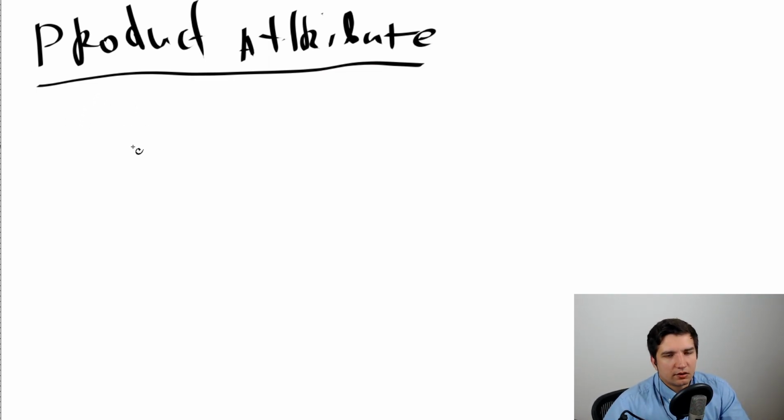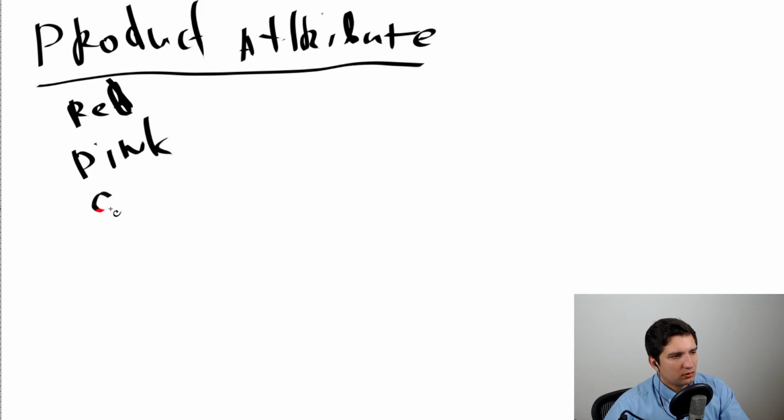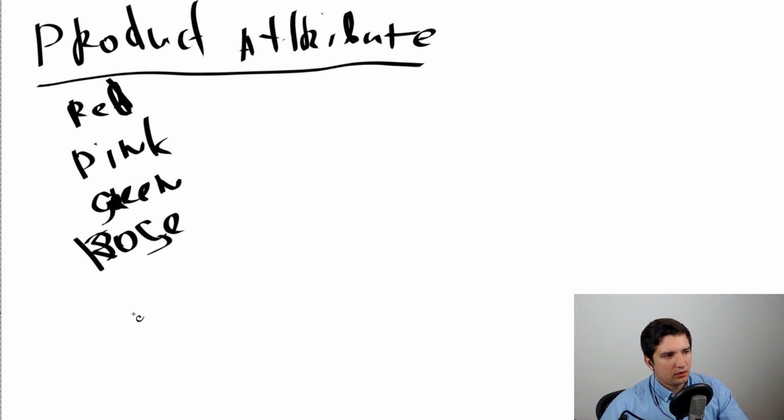Let's say it's a color, right? So it's a color of a product, and it can be red, it can be pink, it can be green, it can be, let's say, rose,